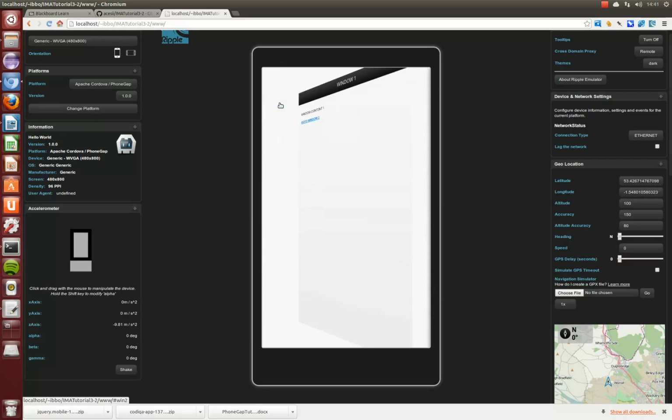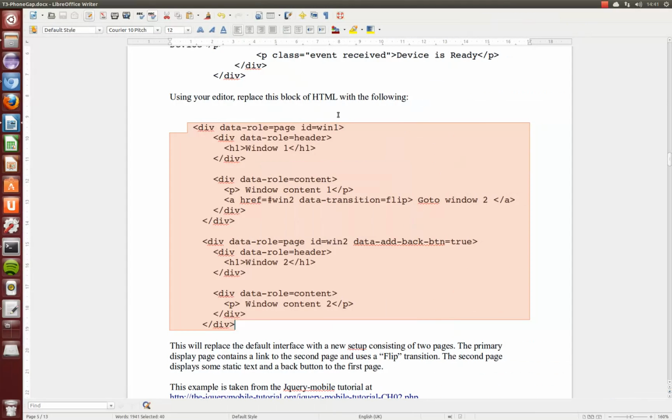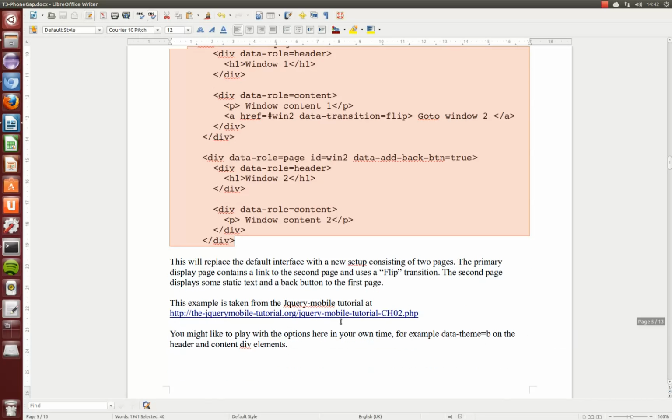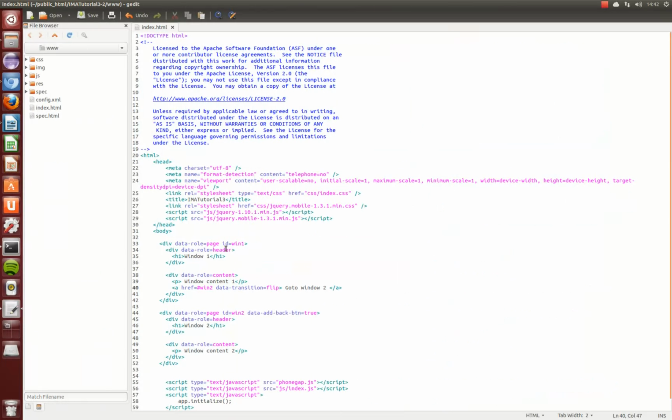So here's basically the way that we can create pages. Now, this particular example is taken from a jQuery tutorial site. There's the link to the site. You can play with it. There are lots of other options. So one of the examples is you might add this data theme element to your header and your content div. So if I take this header div here and I say data theme equals B, and on the content div data theme equals B, and I save it,